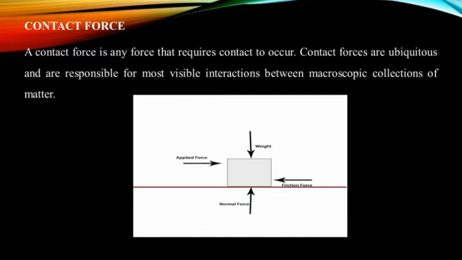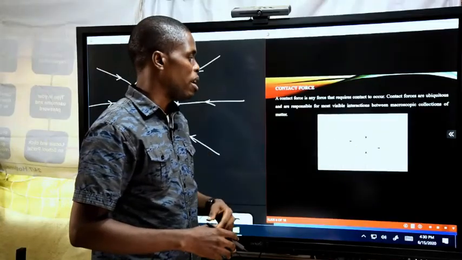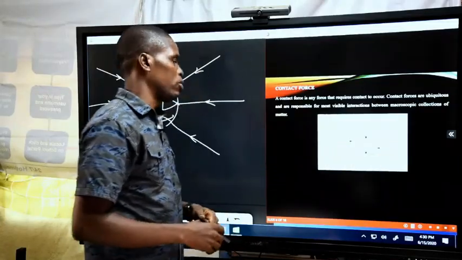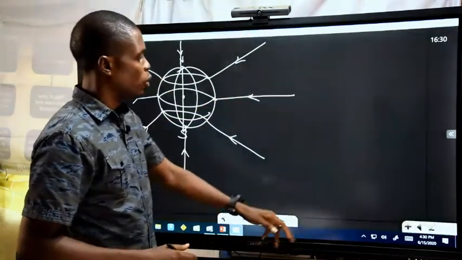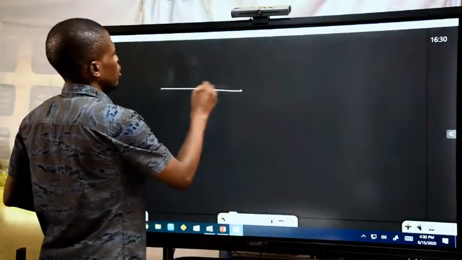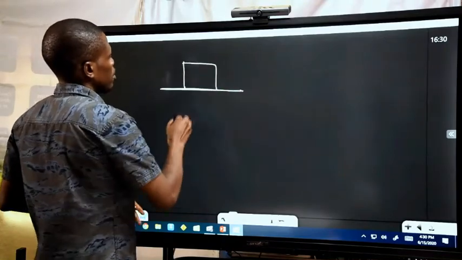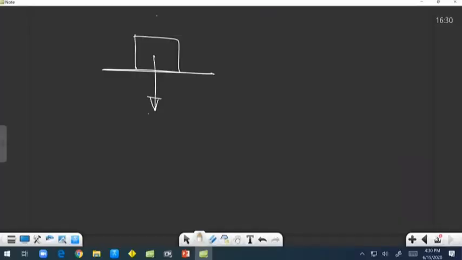If you look at the diagram on the slide, we talk about an object with forces acting. We have the applied force, the weight, the normal reaction or normal force, and the frictional force. So that considers an object on a platform with the weight acting vertically downwards, and the weight is mass times gravity, the reaction force, R, or what we call the normal reaction, and we have the frictional force, F, acting in opposition to the force that is pushing